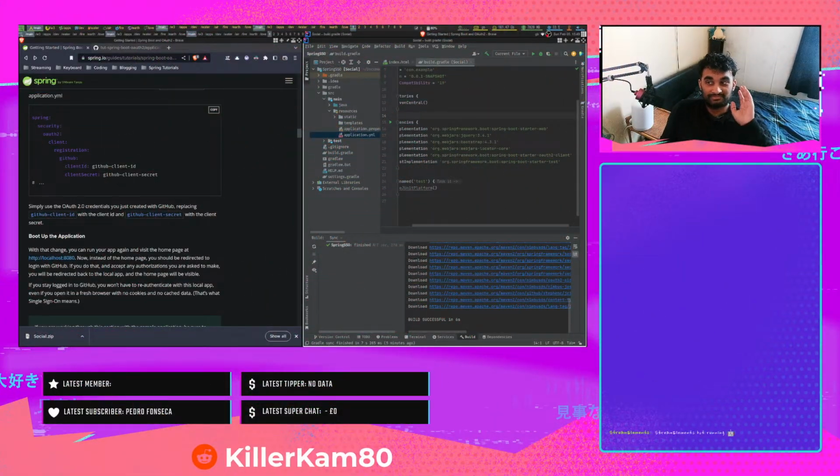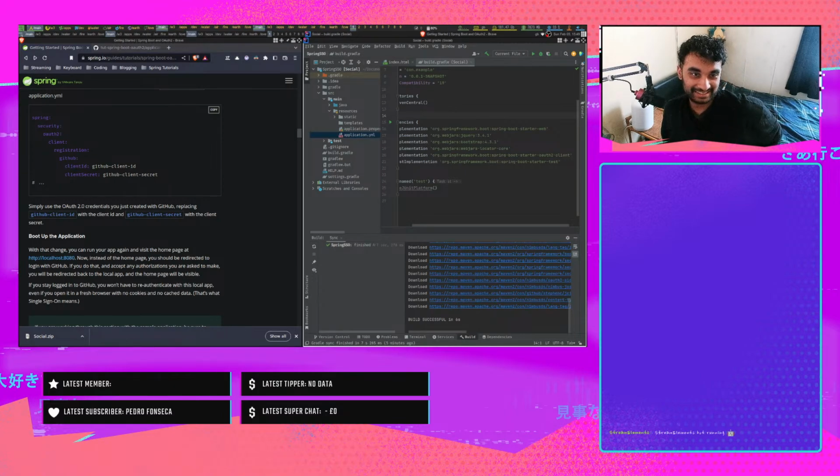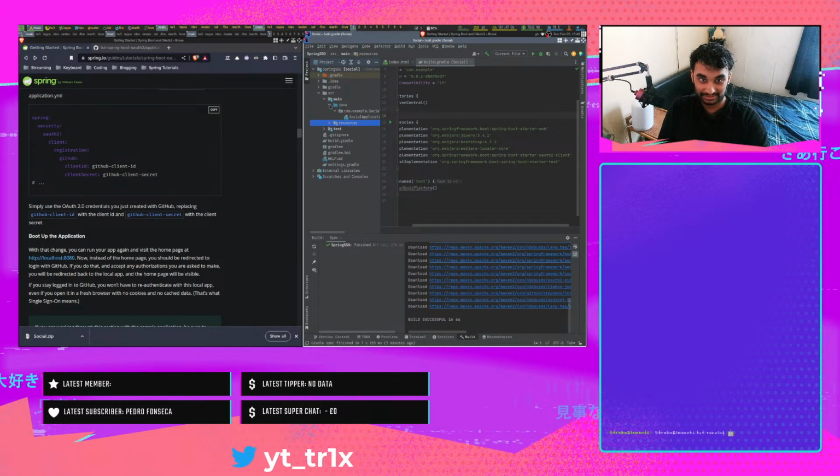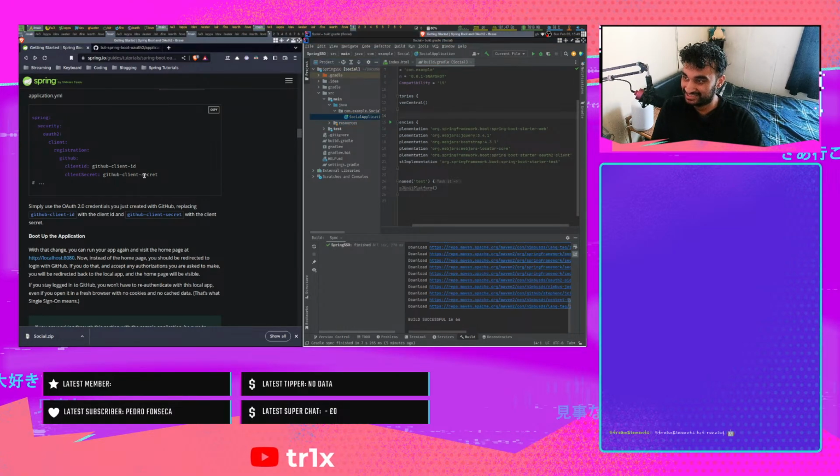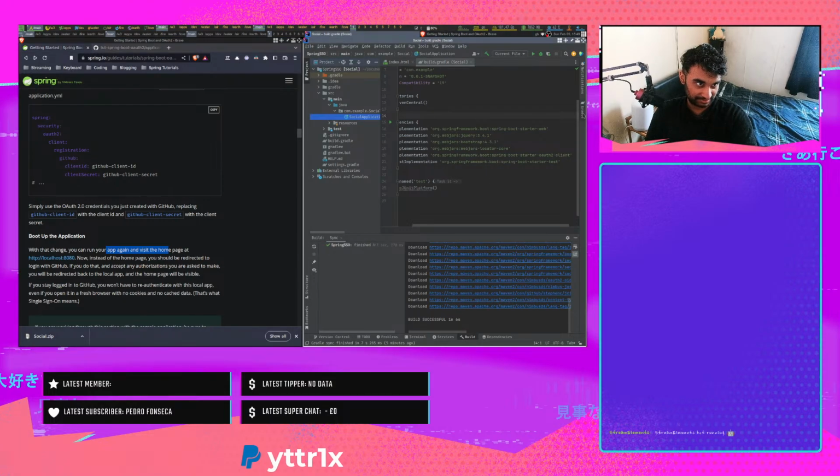Okay, I'm back. After doing that, I just need to make sure I don't open up application.yaml. So I'm just going to close this and click on this now. But they're there, just in case. I will delete that, what's it called? That secret key afterwards on GitHub, just in case it somehow does leak. Nothing bad will happen on my GitHub. But anyway, with that change, you can run your app again and visit the homepage at,